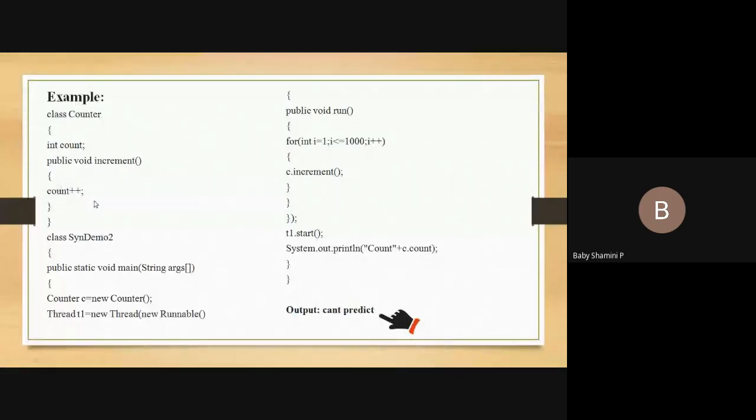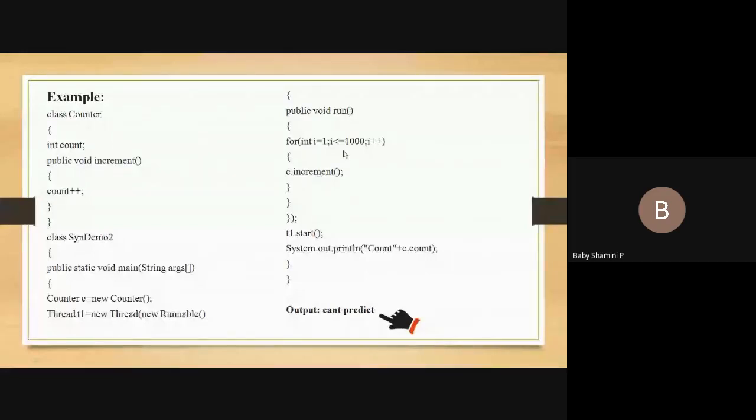First it calls t1.start. This t1 is an object of the Thread class. When it calls the start function, it implicitly calls the run method. Here we explicitly declare the run method inside the thread class, so the thread executes this run method.